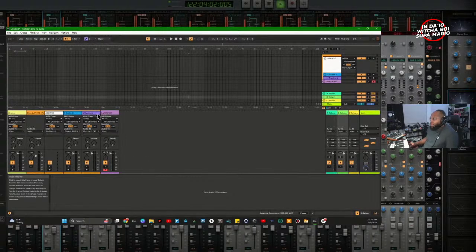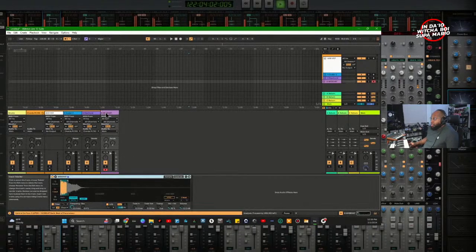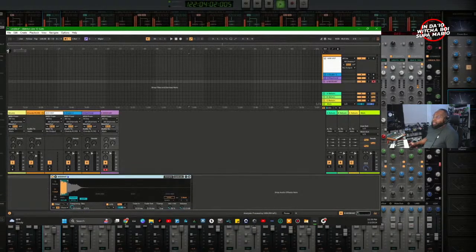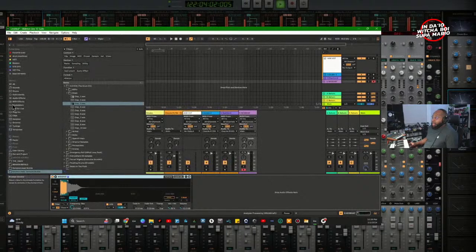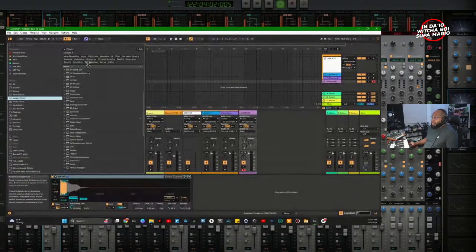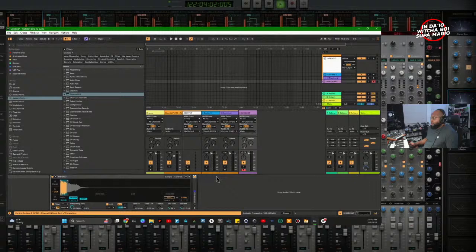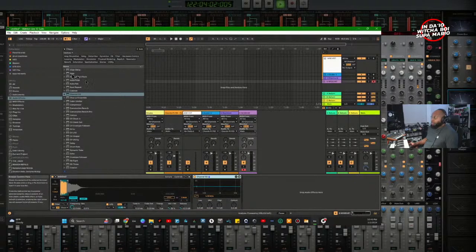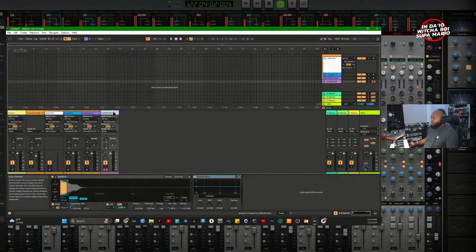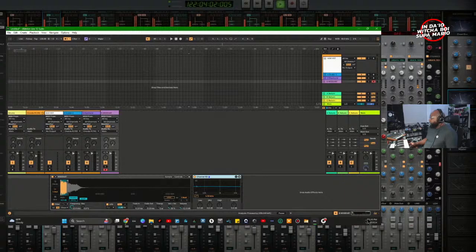Now, one thing I want to do is click on here. When you double click on this track right here, this pink track that I'm double clicking on, it's going to show the devices. And let's say I want to add, I don't know, an effect to it. So let's go here to EQ. I'm going to put an EQ behind there. Cool. And then if you want to hide this right here,